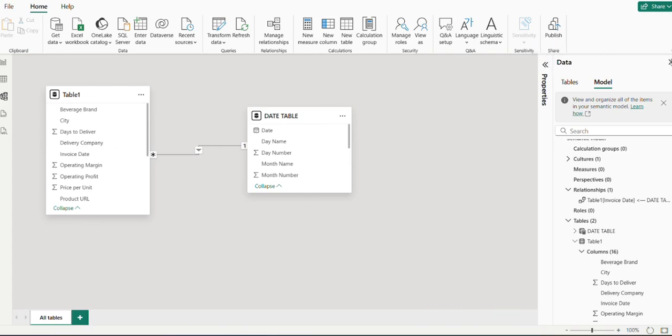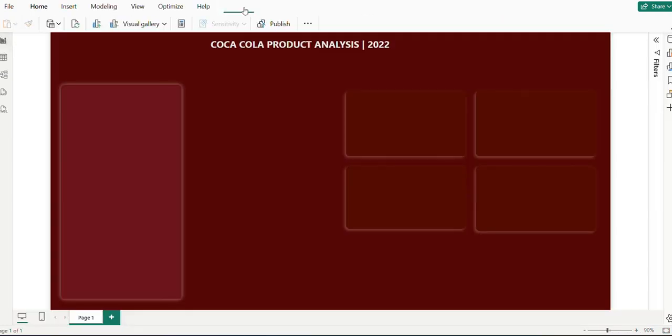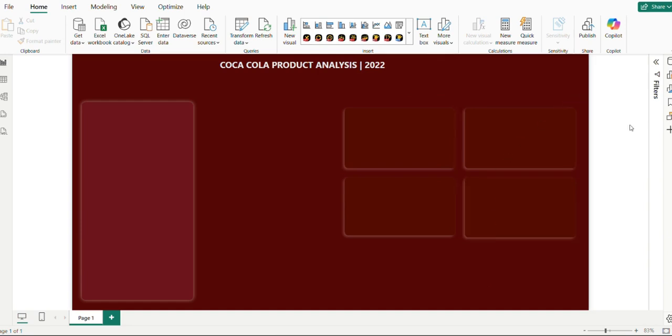Next thing we want to do is to create other DAX formulas like this. So let me go back to report view. Okay, so the next thing is to bring in other DAX measures, and to do that, the first thing I'll be doing is to create a table where I'll be putting in all my DAX measures or calculations. This is to ensure that my calculations are not scattered and I will not have to start looking for them